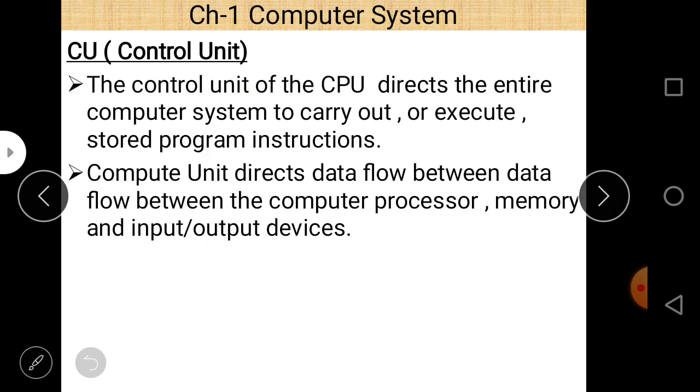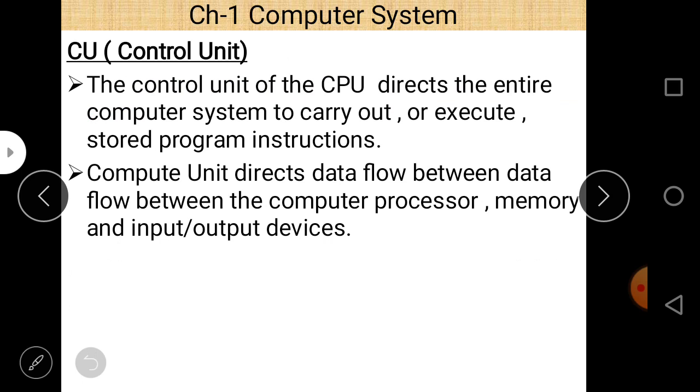Next is control unit. As the name suggests, it controls the entire operations within the computer system. Basically, it sends different control signals to different parts of a CPU, which are used to check the functionality of input or output devices, whether they work properly or are connected or not. Also, in the case of memory, it checks whether the operation is right, or whether memory is ready to receive data or write the data.